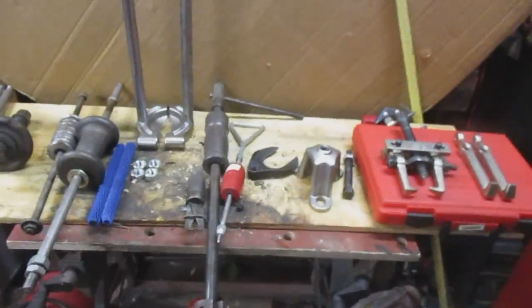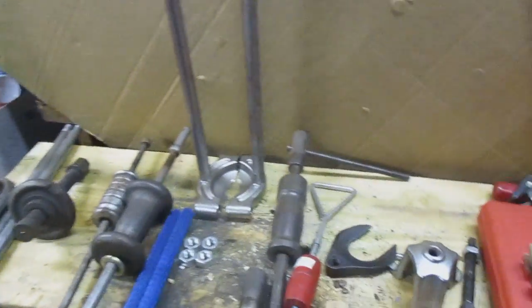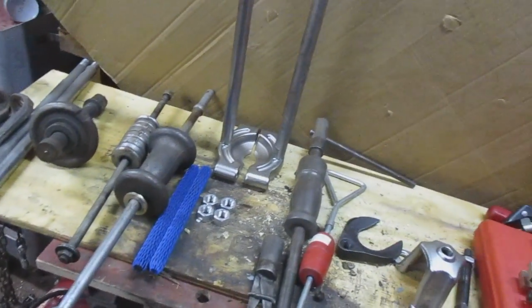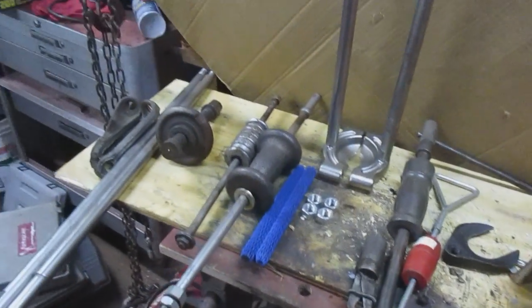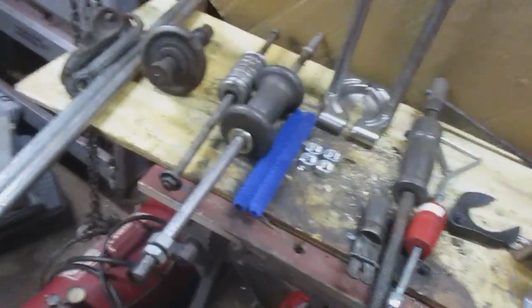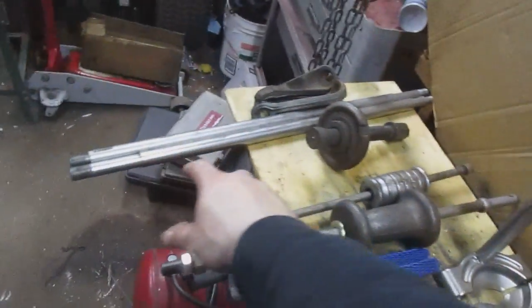So that's kind of the pullers I got. Stuff I use most commonly. Stuff I have laying around for the inevitable time that it comes in handy. Problem with pullers is you can never have enough of them. You'll never have the right one until you get to the job, and then you'll buy the right one for that job, and you don't know if you'll ever use it again, or if you're using a ton, well, obviously well worth the money. But I'll be honest with you, it's these rods, those rods,